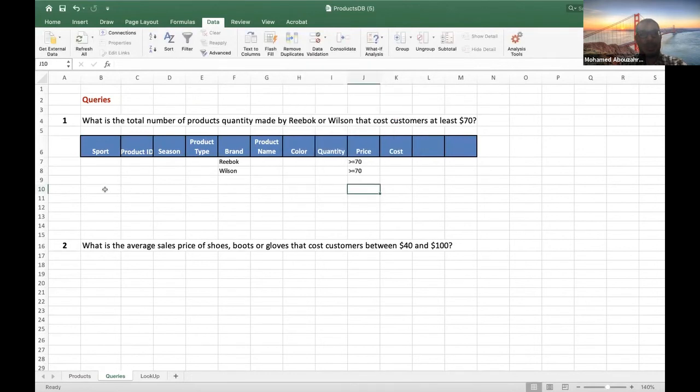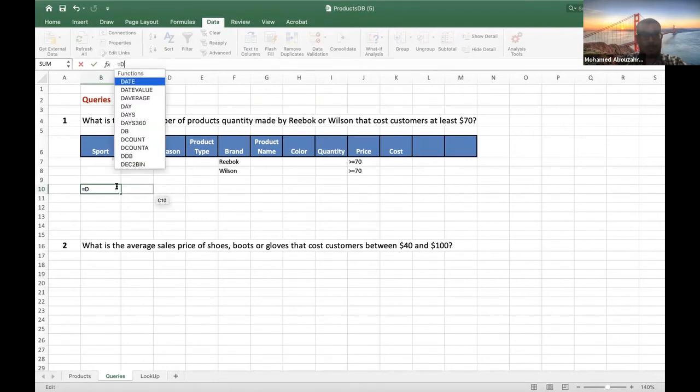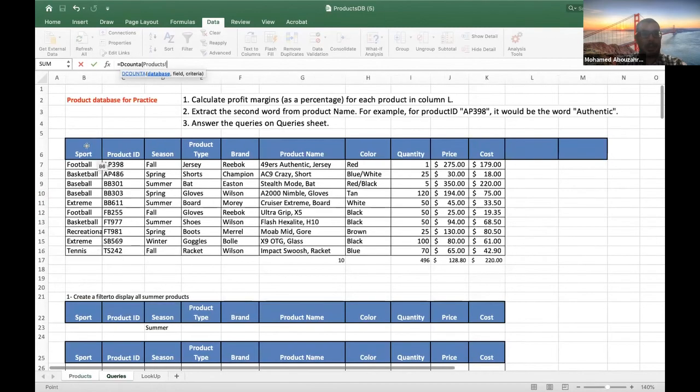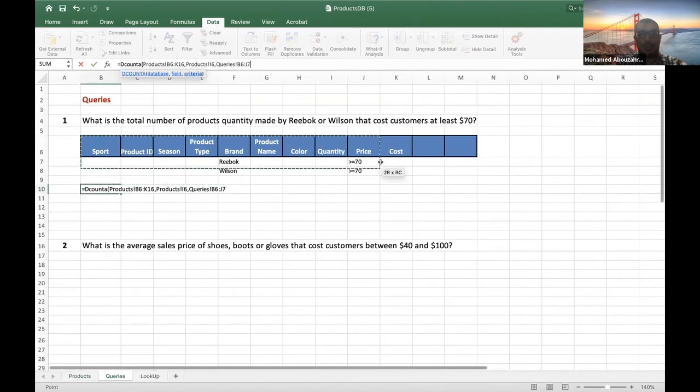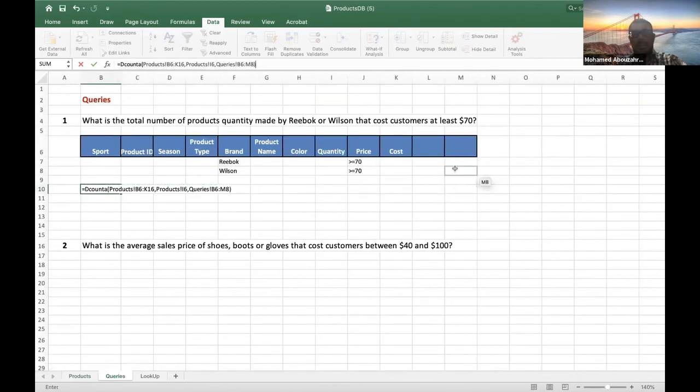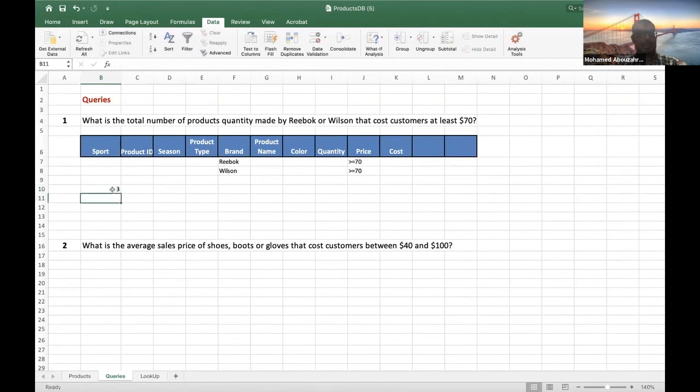We insert the dcount A. And the database, select all our data, comma, and then the field, we select quantity, comma, and then go to queries and select my criteria, and then close the parentheses, and that's it. So we have 3 of these